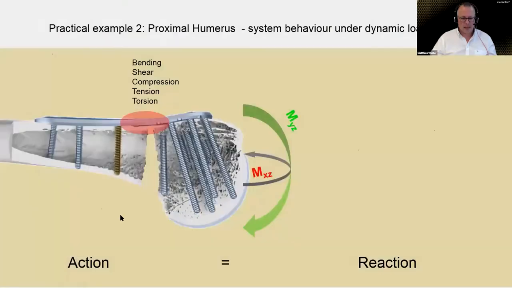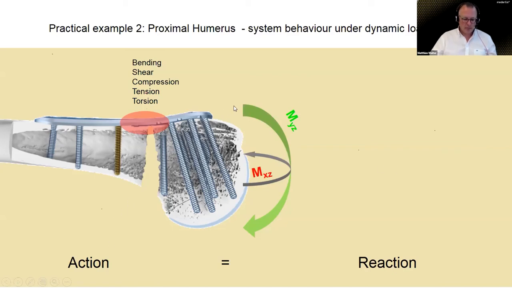Good. Now, practical example number 2, proximal humerus. The proximal humerus, as you know, is a critical joint, okay? Especially a typical fracture of elderly females. So you have a very osteoporotic situation in the humeral head. And since your implant here also has to take bending, shear, compression, tension, and torsion, and upon the application of bending moments, maybe not that much axial loads, but mainly bending moments due to the rotator cuff muscles, etc.,